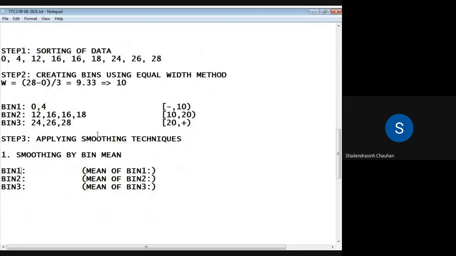So bin 1's mean is 0 plus 4 by 2, 2. Then the mean of bin 2 is 15.5. Let us consider the round figure, the floor value, 15. Then the mean of bin 3 is 26.